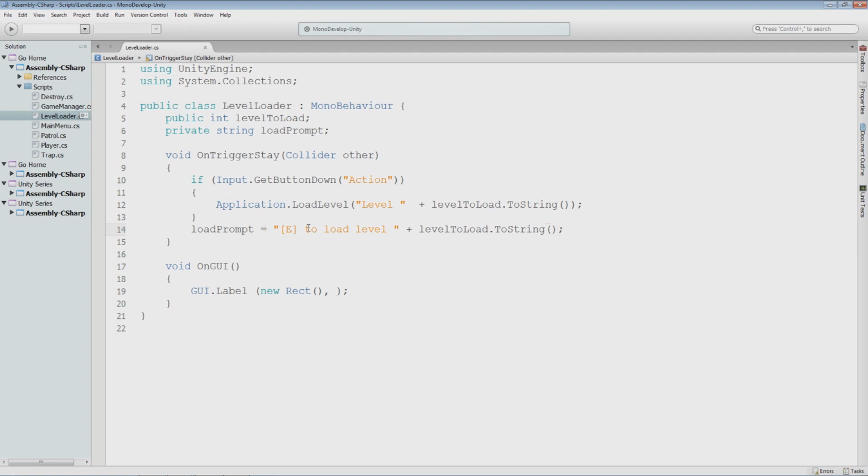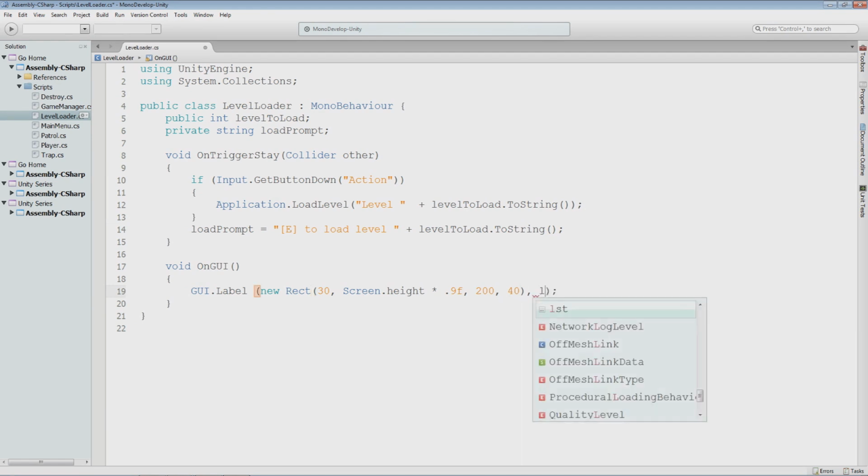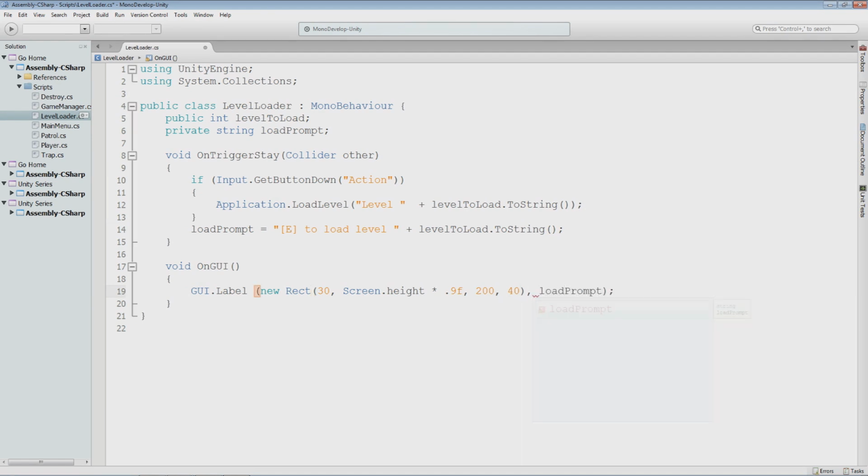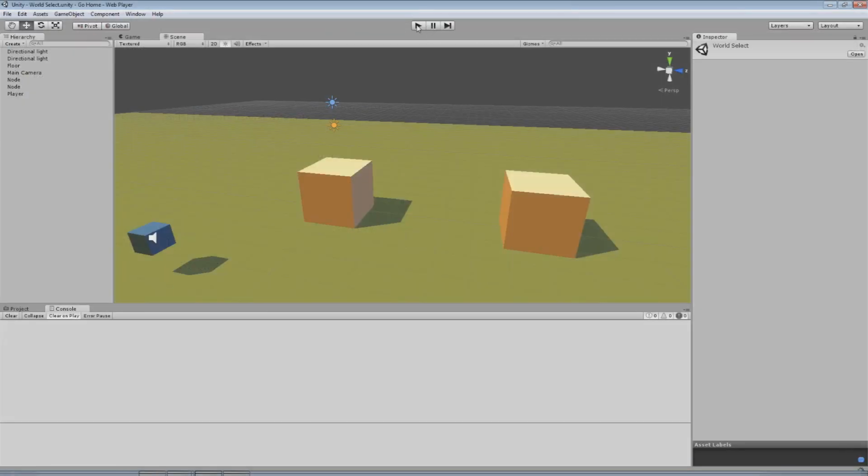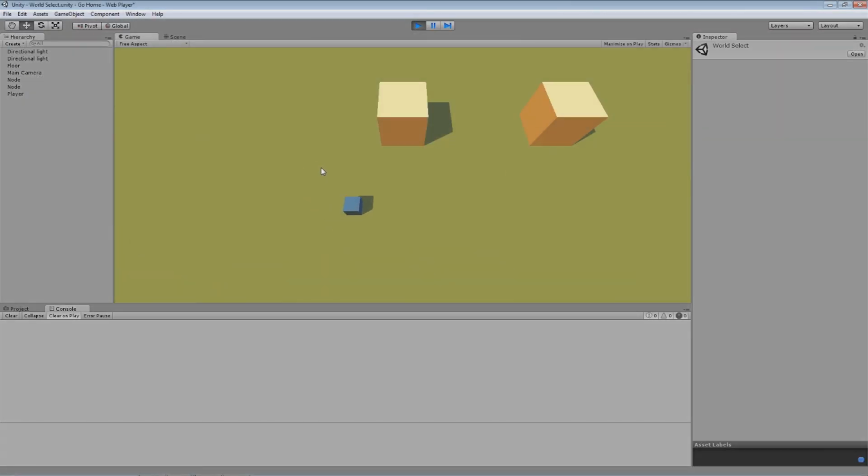It should say E to load level 1, level 2, level 3 in our corner here. So I'll do 30 off the left, and then I'll do 30 off the bottom, or about 30. We'll just guess for now. I'll do screen.height times 0.9. This will be 200 by 40. Then I'll pass the load prompt value. Just like that. Now, go back into here, click play, get in range, E to load level 1, E to